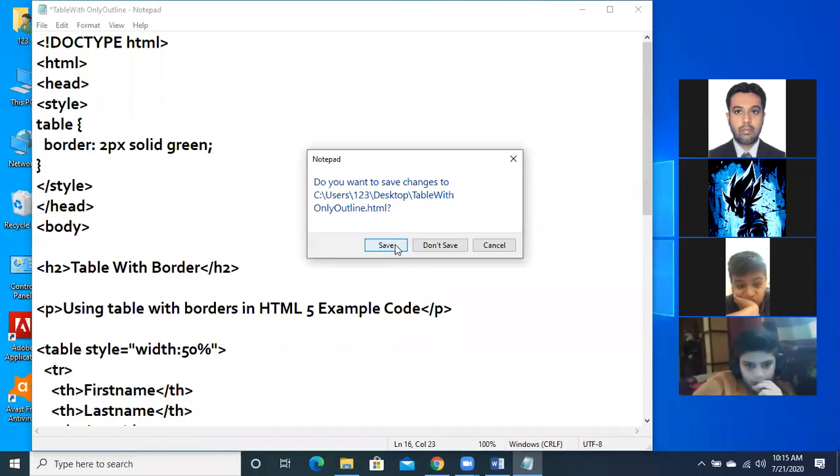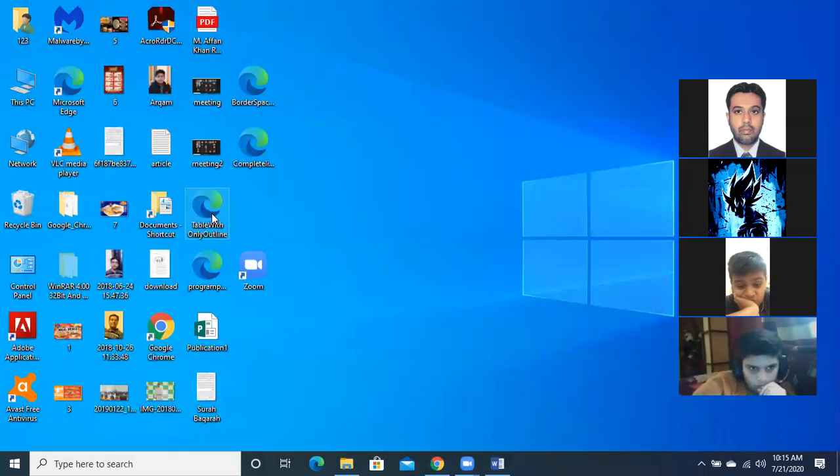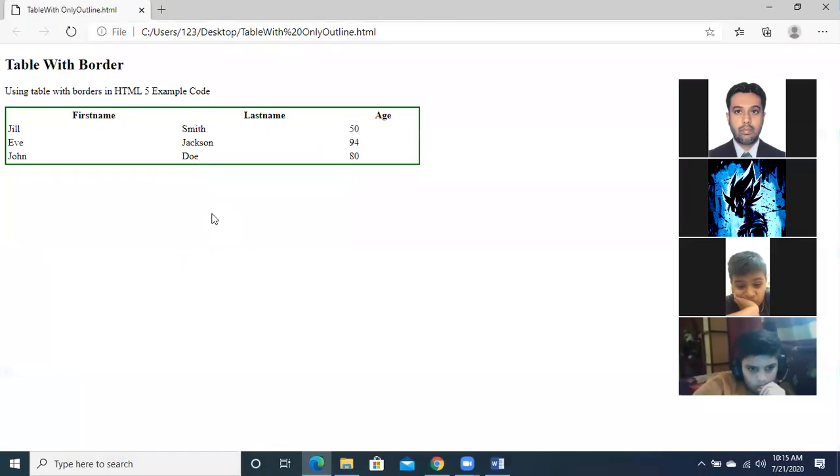Okay, I am going to save it. Now when I click on it, you will see that the table size is increased. The table width is now 50% of the page; you can see that it is taking half of the width of the page. You can also see that the thickness of the green line is now more.